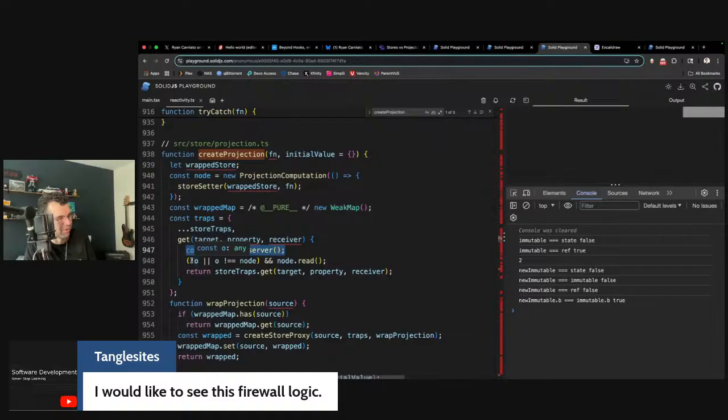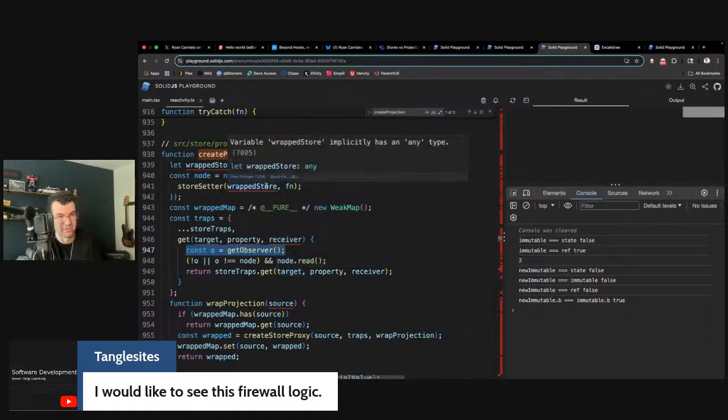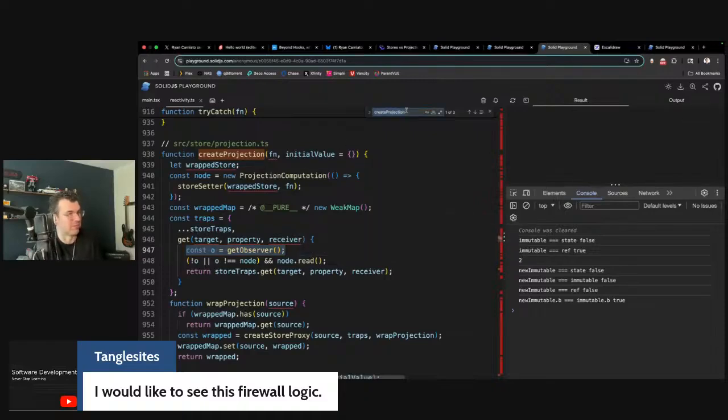Basically, if there's no observer or the observer isn't yourself, then read from that observer. But the trick is every single node still ends up listening to the projection. The 1,000 different places do end up subscribing to this projection node,